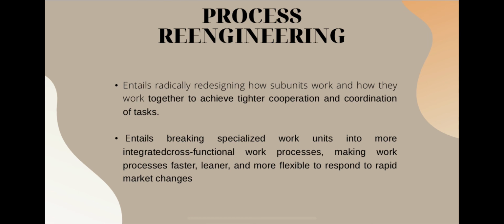Results are better when key value-added business processes are chosen, when clear objectives are set at the beginning, and there is both involvement as well as commitment from the top management. So that's all for organizational structure. Next, the second and third topics are technostructural, the employee involvement and the work design.